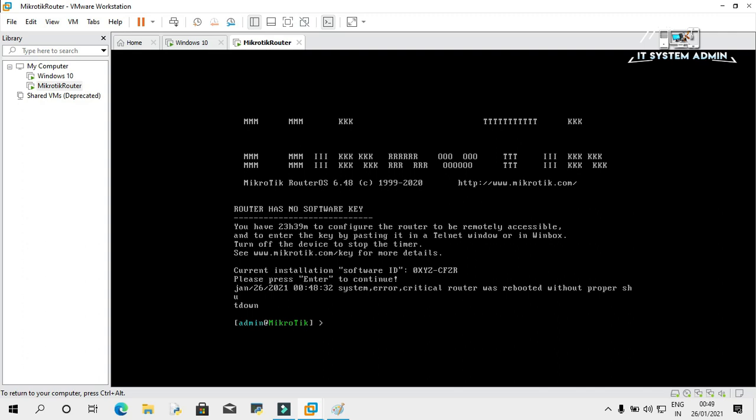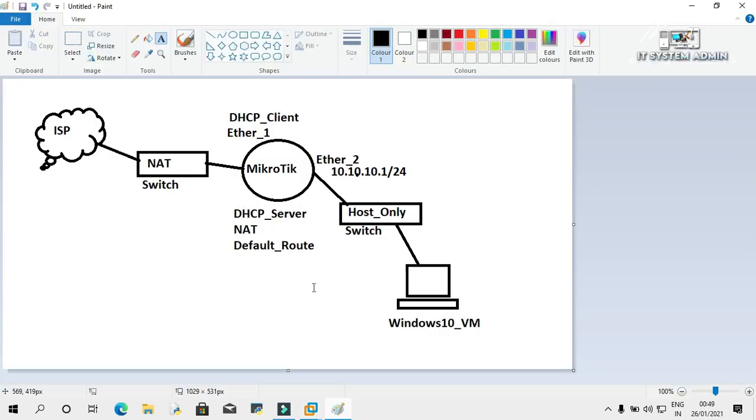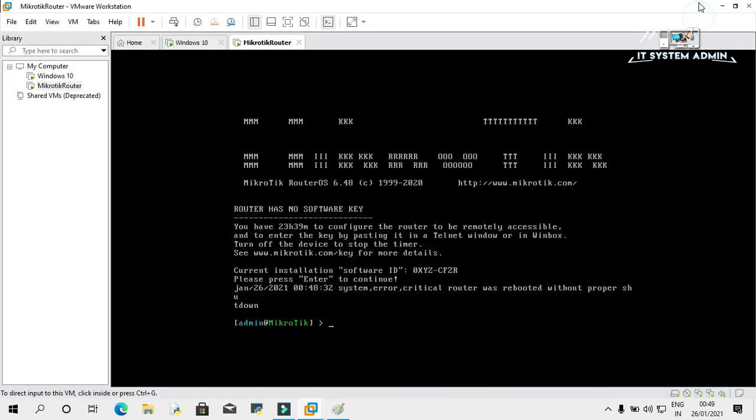Now we will configure IP address in our Ether2 interface, that is face to our local area network. IP address, address equal to 10.10.10.1/24